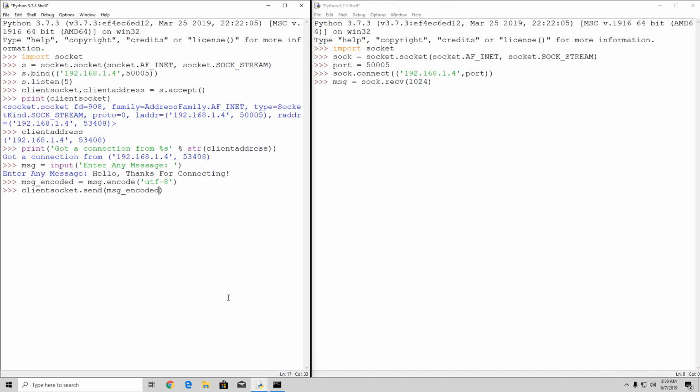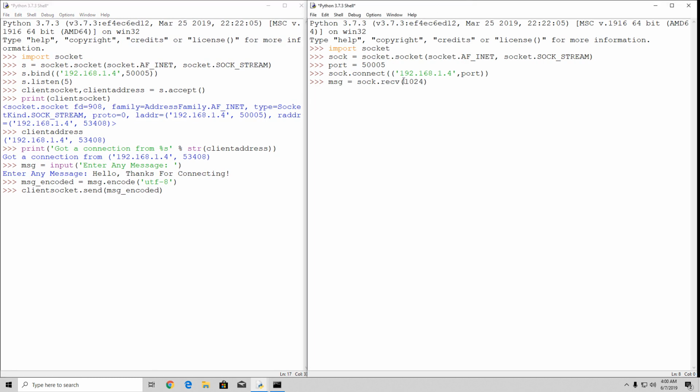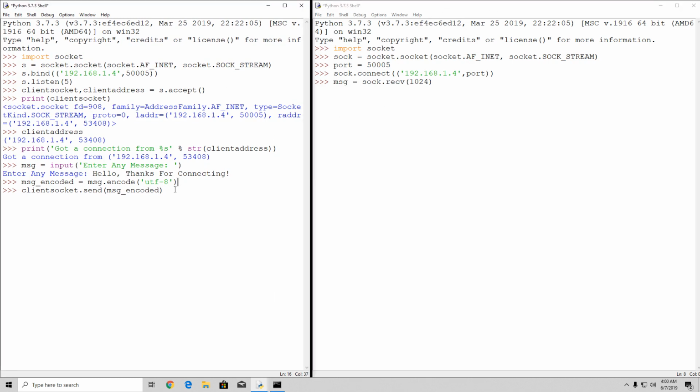Let's make this big enough, okay. And if I right now press enter, you can see we sent 29 bytes, and we can see that the program has continued executing, or basically this function is no longer hanging. If you just type your message, you will see "hello, thanks for connecting", but you will see this B right here, which means that we actually need to decode this, and we can simply do that just by specifying